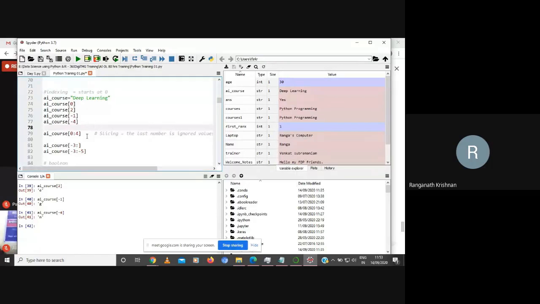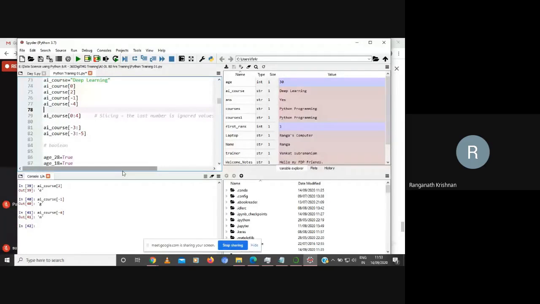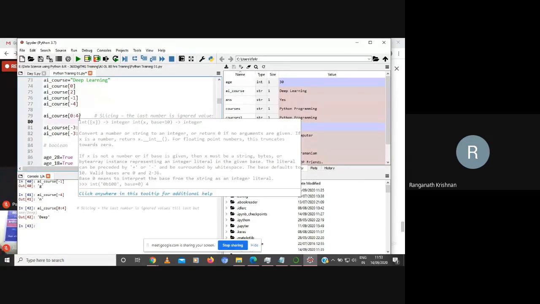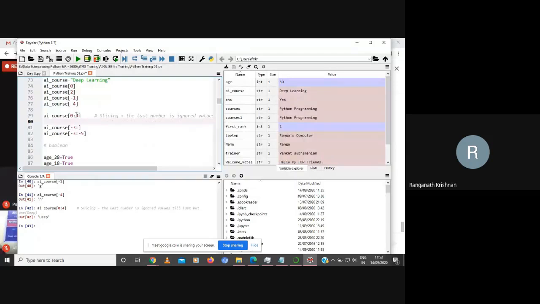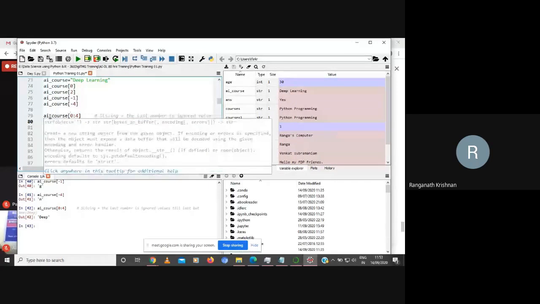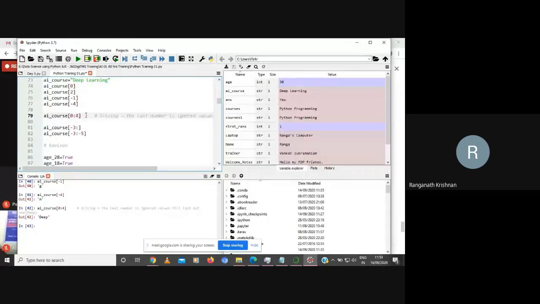Okay. So very good. So now we're going to also do slicing. So here, see this. I'm going to give starting from 0 to 4. Let's see what it prints. So it prints 0, 1, 2, 3. Very, very important. In Python, if you give this range, the number that is specified will be stopped.